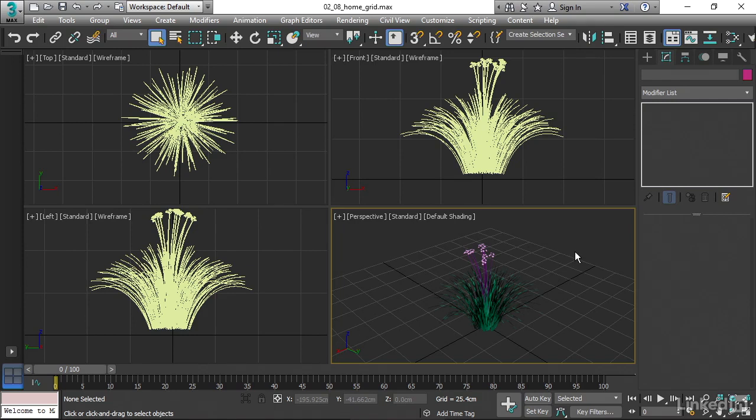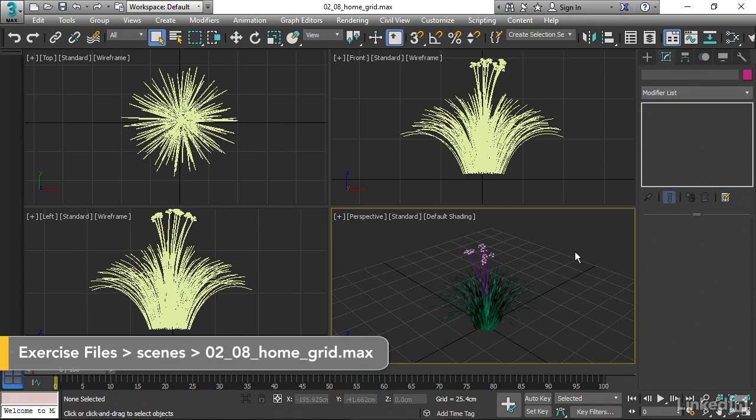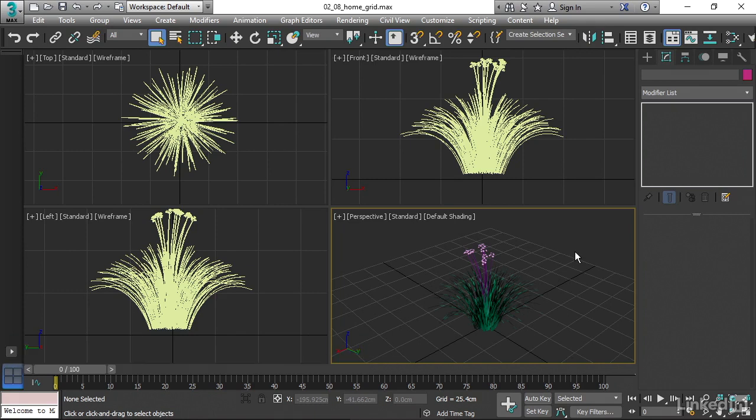Once you've established your display units, you'll also want to control the grid settings. The grid is set to an arbitrary size currently, and the spacing between the grid lines is arbitrary as well. We want to control that so that, for example, we can look at the grid and instantly determine the scale